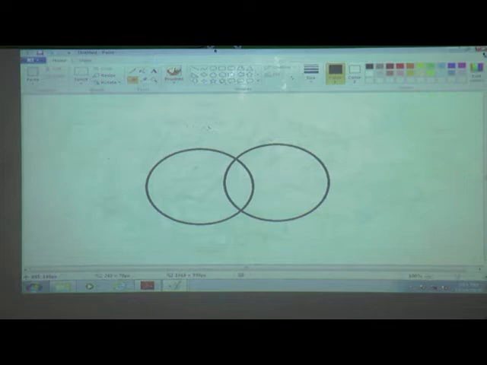Clear? How to erase? Firstly, select the eraser tool by left click. Afterwards, bring the mouse pointer into the drawing area. Third step, the mouse pointer will change to the eraser sign. And the last step is click and drag the mouse over the part which is to be erased.